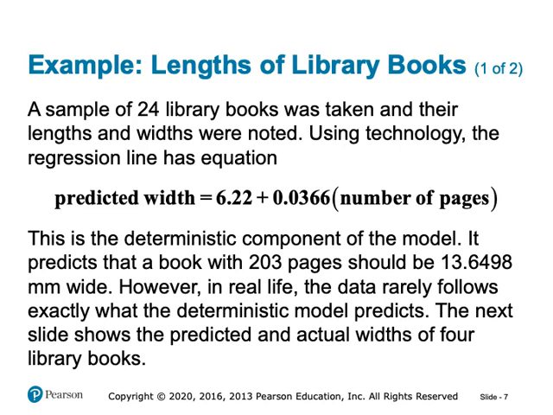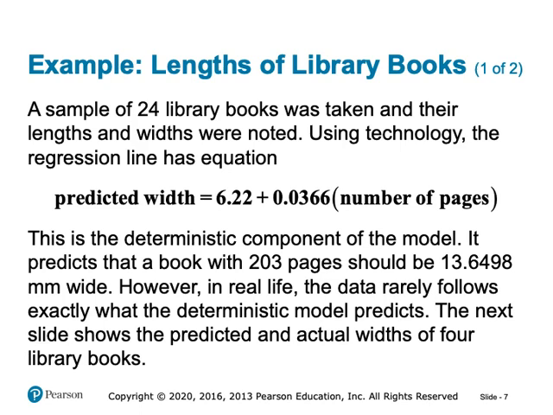This equation represents the deterministic component of our model. It gives us a way to predict the width of a book based on the number of pages it has. For example, if a book has 203 pages, we can plug this number into our equation to predict its width. Predicted width equals 6.2 times 203, which is 13.6498 mm. So, according to our model, a book with 203 pages should be about